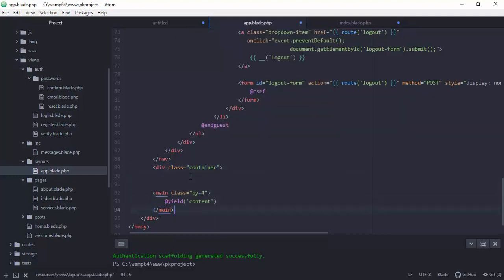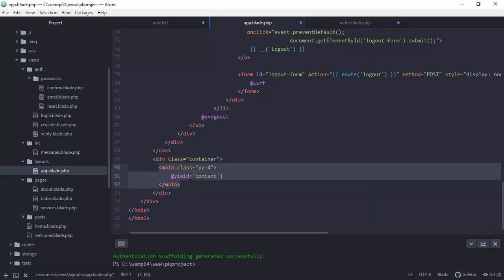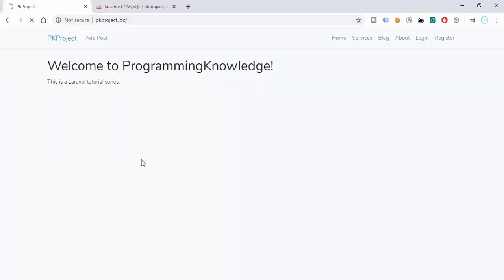Okay, so this should solve the problem of the indentation or the margin left for our project. Refresh. So as you can see, now the content is indented,